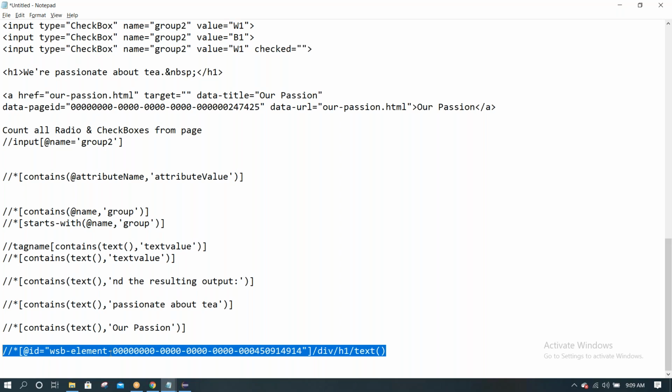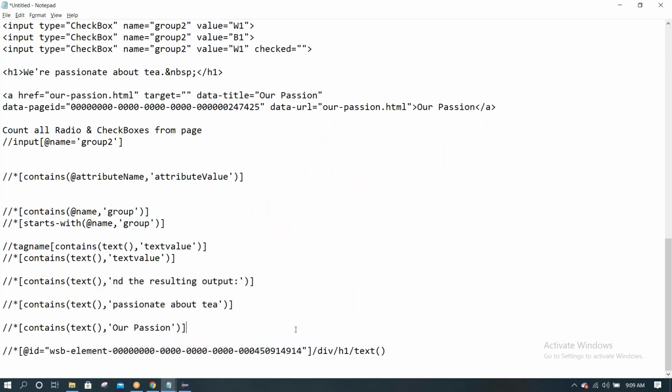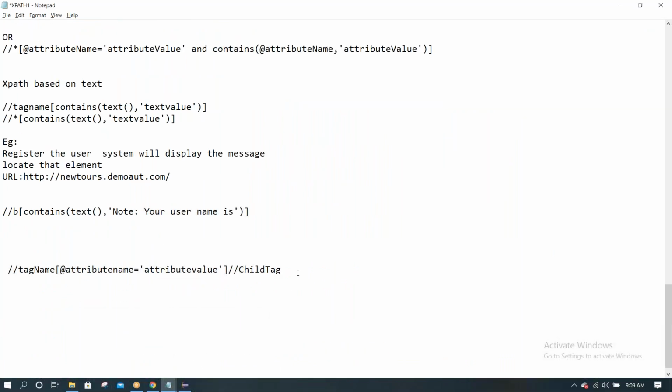You can take that and paste it. Okay, it is identifying one element. We can take this and observe this syntax. This syntax, it is talking about this.